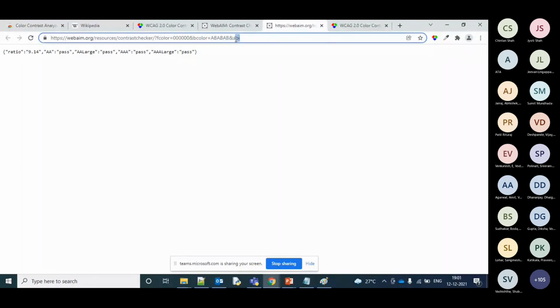All you need to do is call the API, and this will give you the results, like what the ratio was, and whether it passed in AA, AA large, AAA and AAA large. So with this response, if you are planning to build any tools, you can easily integrate it and do the testing for it.